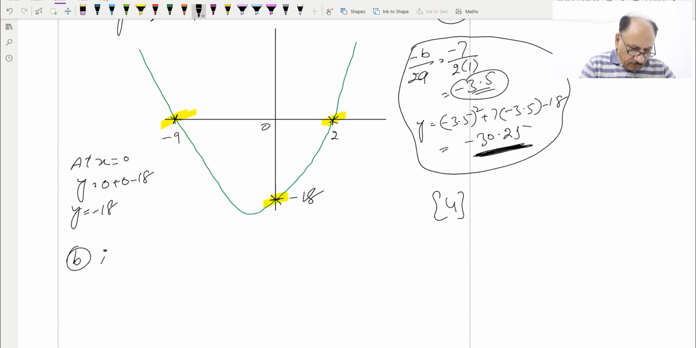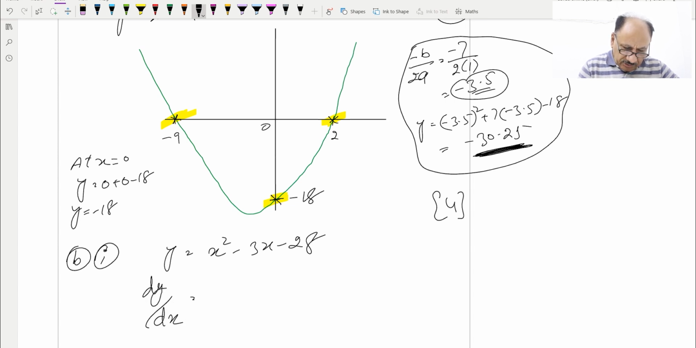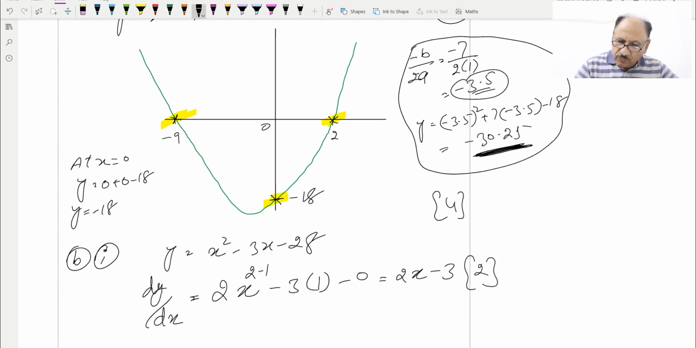B part 1 says the derivative of y, where y is equal to x square minus 3x minus 28. We need the derivative, so dy by dx, you know differentiation. The power will be pulled first, 2 will be pulled first, and x raised to 2 minus 1, and this will be minus 3 into the derivative of x, which is 1, and the derivative of a constant will be 0. So this will be equal to 2x minus 3. This will be our answer, and this is for 2 marks. Hopefully